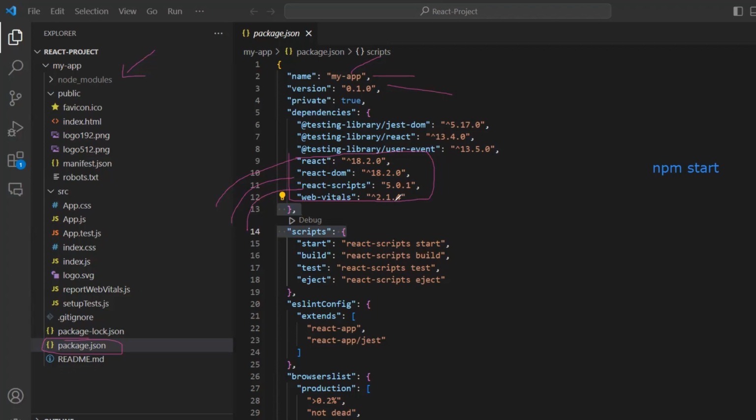So that's what I said, right? Even React is also nothing but a package. React DOM is also nothing but a package. If you see, this dependencies section tells for my app package to work, what are the dependencies I have and where I have to get those things. Now, next thing is the scripts. So what is the scripts? Whenever you say npm start,